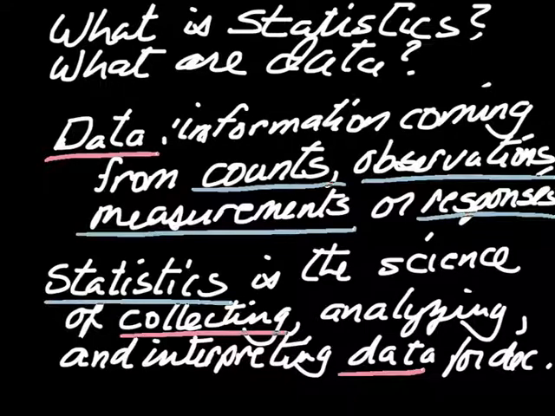How do you analyze data? Analyzing data is typically about numerical things. What's the average? How spread out is this data? What kind of graph can I make? And then finally, interpreting data. What does it mean if 10 out of every 12 students don't do their homework? What kind of interpretation can we come to from that? Is that unusual? Is it a common thing that happens?